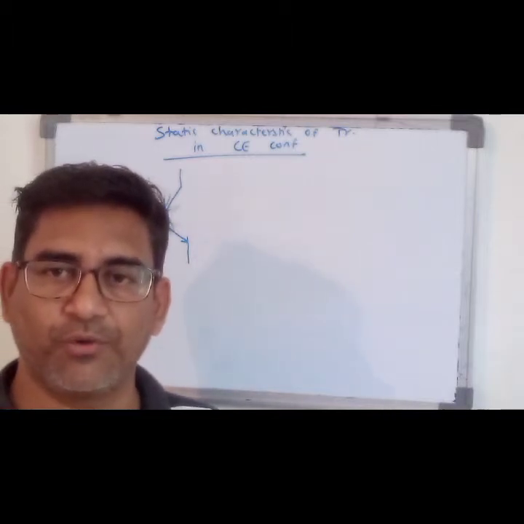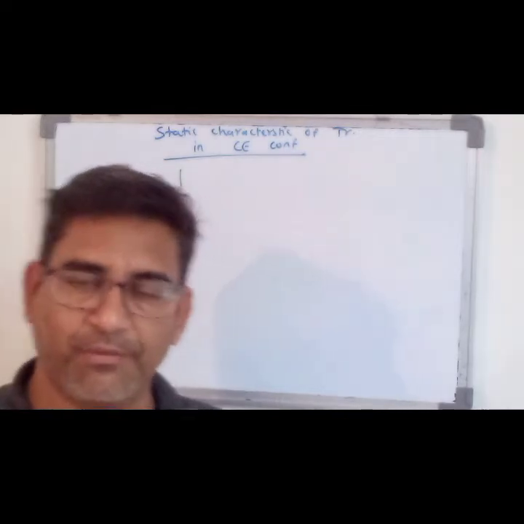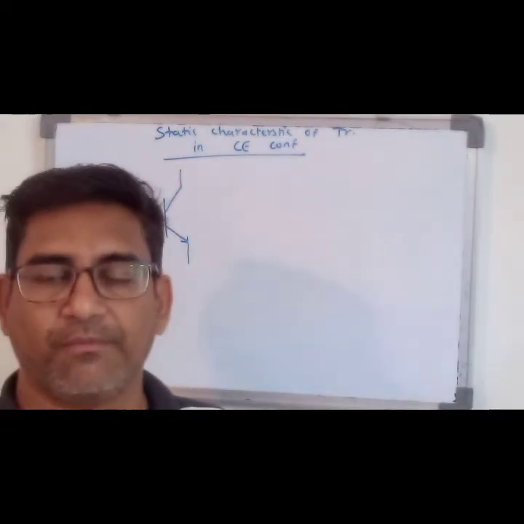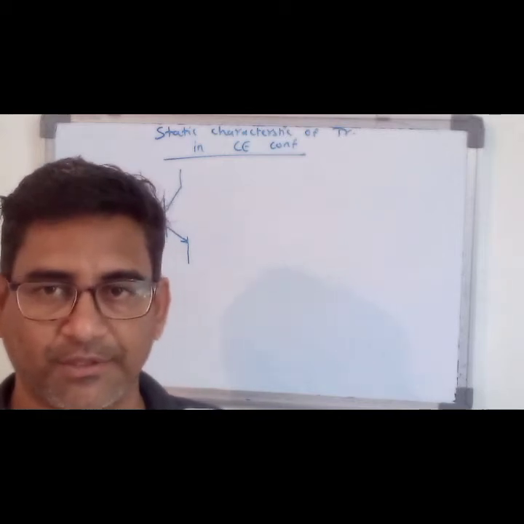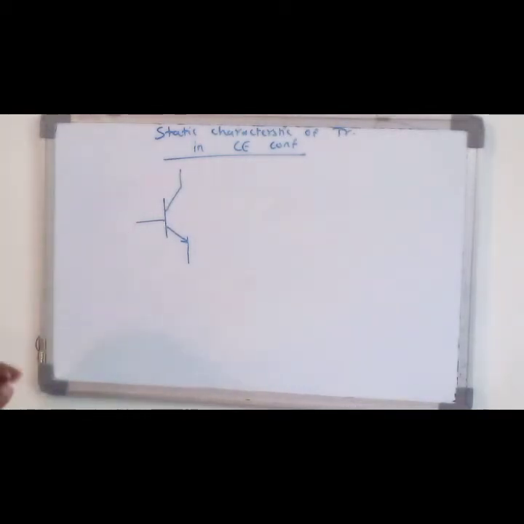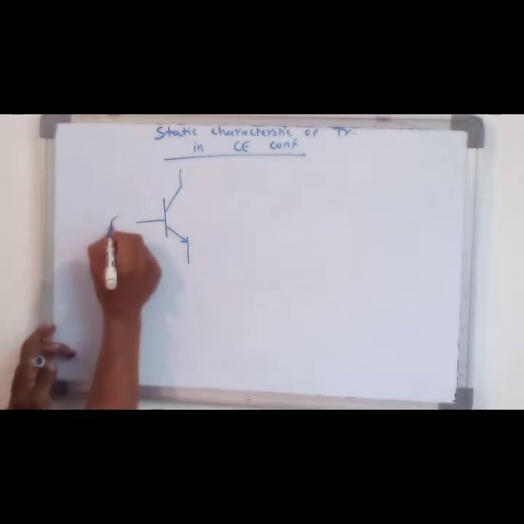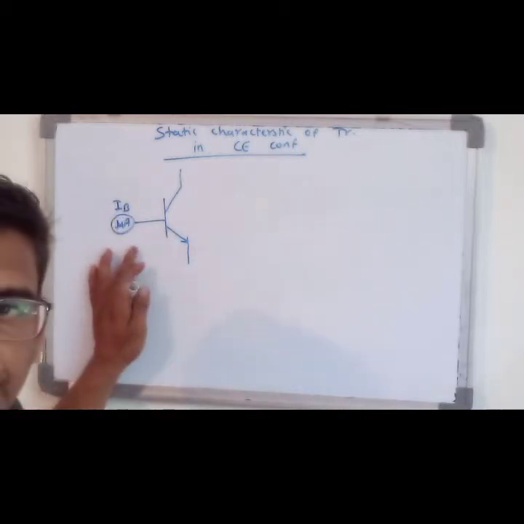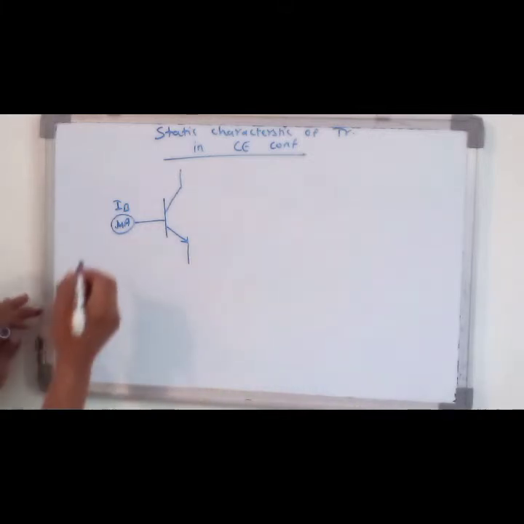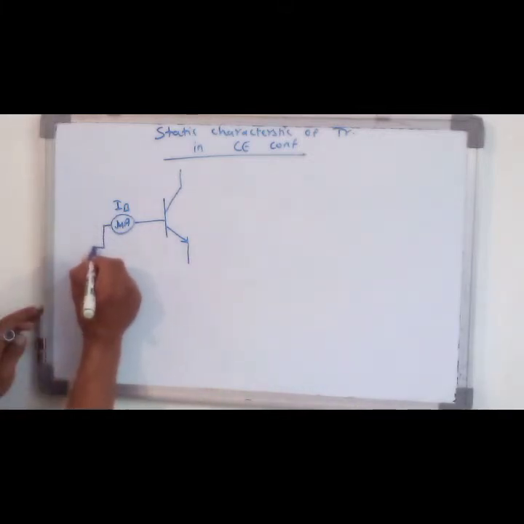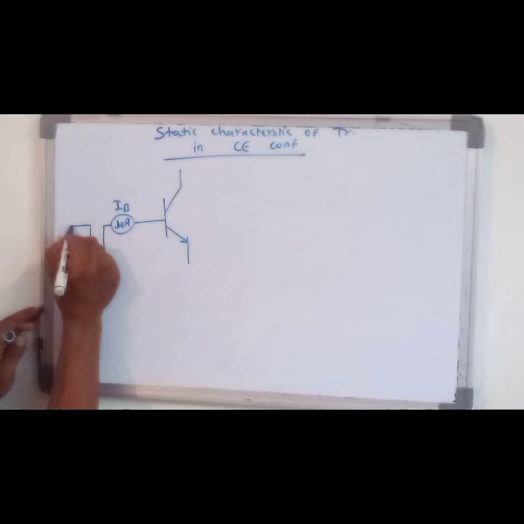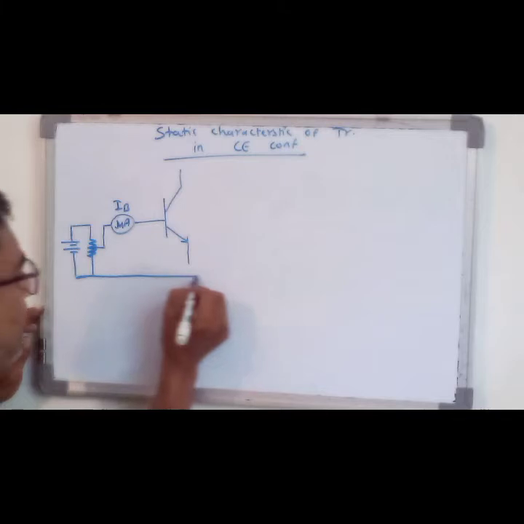What is the input and what is the output that will be obtained? The input characteristics waveform and the output characteristics waveform are what we have to study in these characteristics. For the base, it is a negligible current, so we have to attach a microammeter. This is the base current. Next, you have to attach one rheostat so that you may vary the voltage, and make this common.